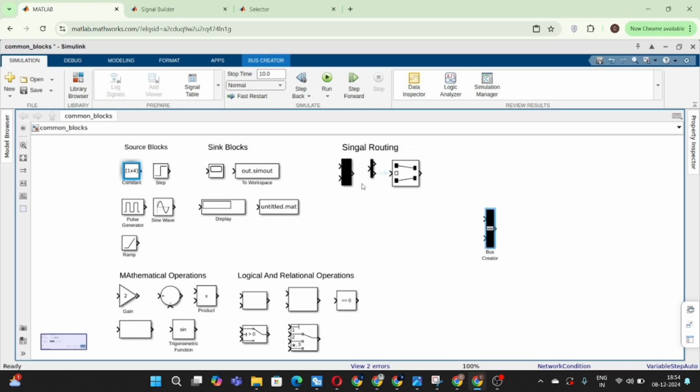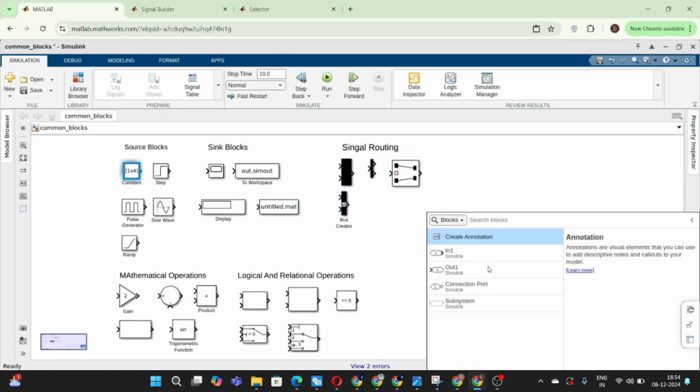So in mux you can combine multiple signals of the same data type, but in the case of bus you can combine multiple inputs of different data types like scalar, any type of mixed signals. You can add it. So this is about the bus creator. The working will be almost similar to mux. So let's not run this, and next comes bus